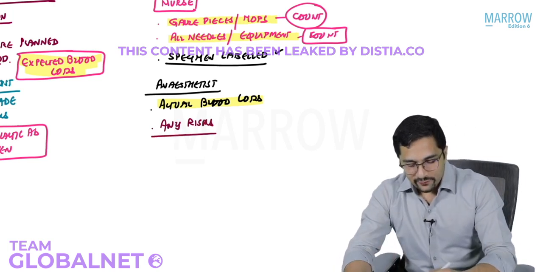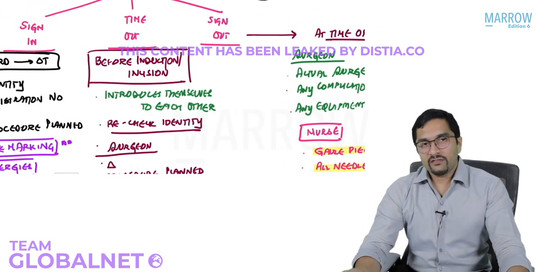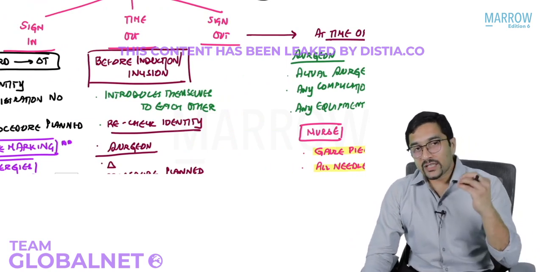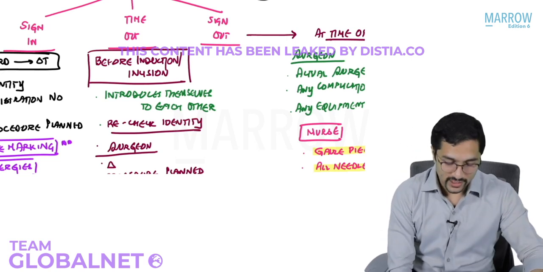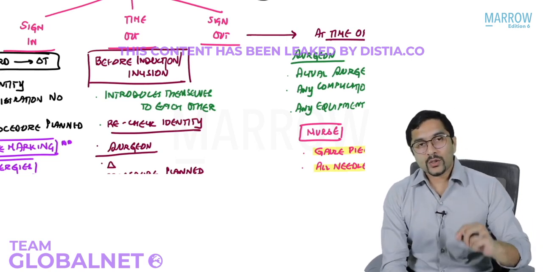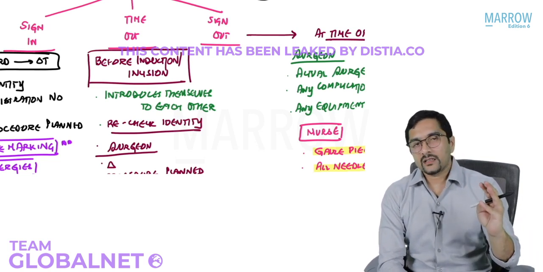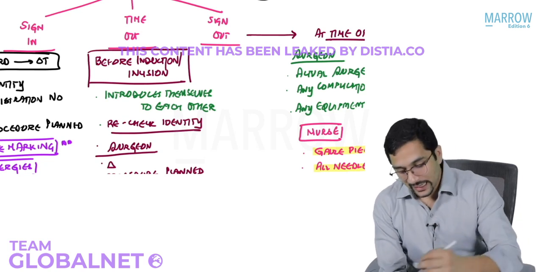So these are the 3 phases of the surgical safety checklist, and I've told you the important points which you need to know in each phase, which have been asked as questions. There have been 3 or 4 questions in the last 4 years from the surgical safety checklist. Now you should also know that each phase of the checklist is to be signed by the surgeon, the nurse and the anesthetist.